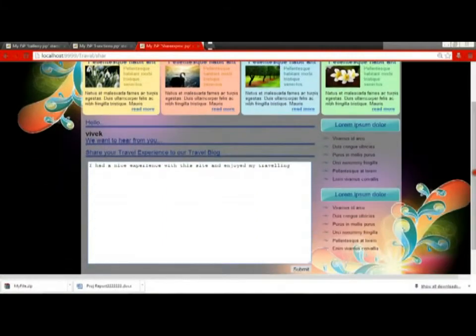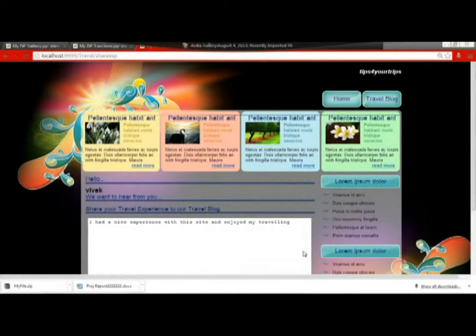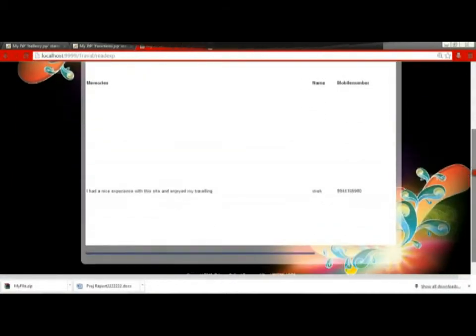Here we have given a comment and we have submitted it. The comment will be stored in the database, and for the other users the comment will be visible, which will be helpful for them.